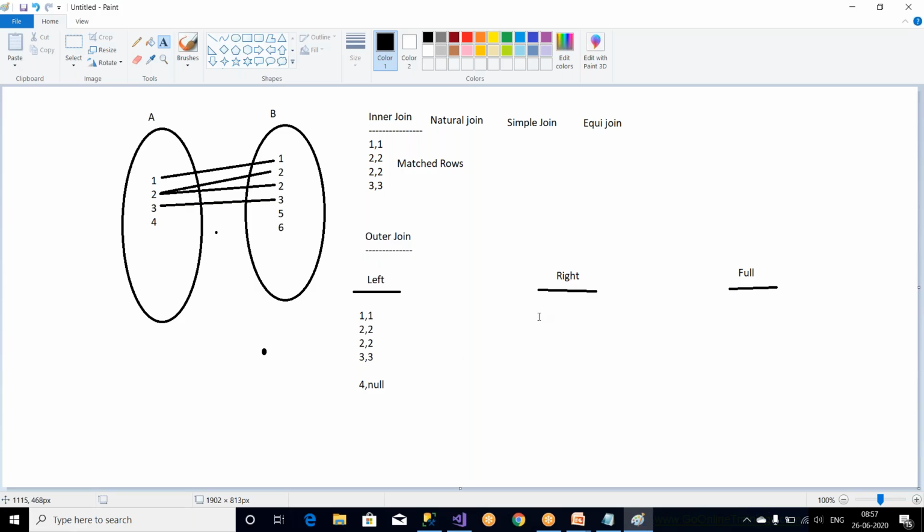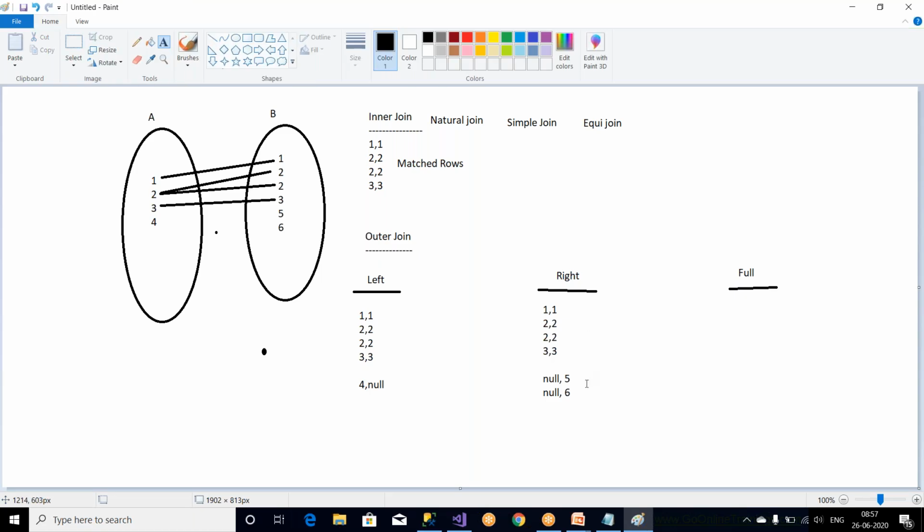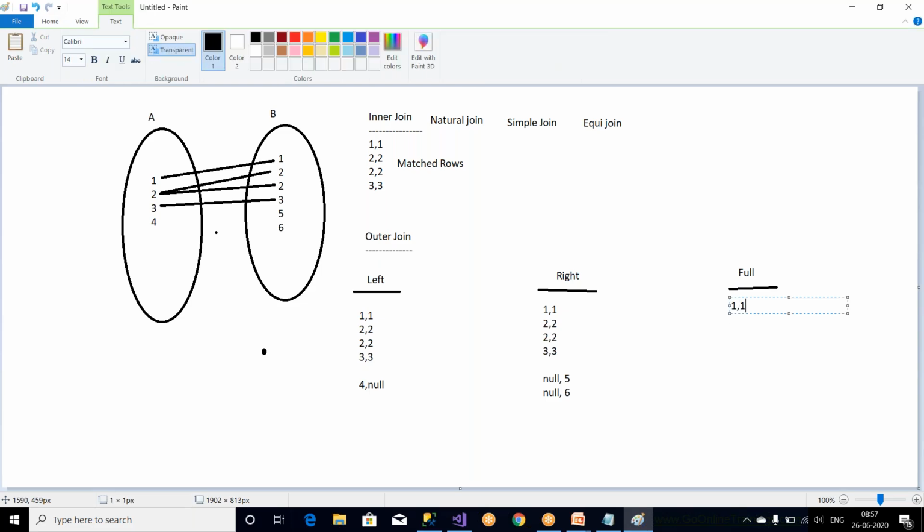So if you wanted to go for the right join, it is always inner join plus you have to get unmatched data from the right data set. You have 5 and you have 6, and this side you don't have the matching entry, so you will get null and null like this. Clear? So these are the 2 things you will be able to get: matched data plus unmatched data from the right data set. When you go in for full, it is inner join